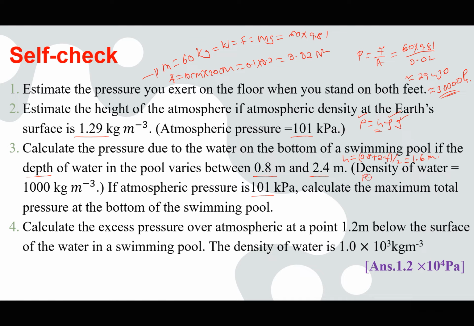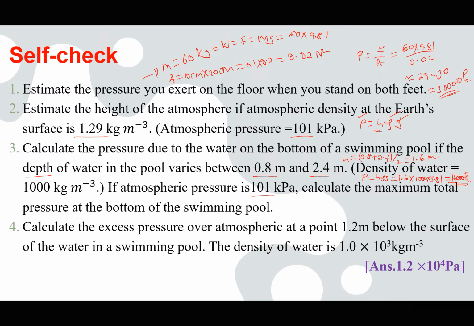So the pressure due to that depth is going to be H rho G, which is going to be 1.6 times 1000 times 9.81. So that is going to be the pressure due to the water. 1.6 times 9.81 times 1000. So it is 15,696 or approximately 16,000